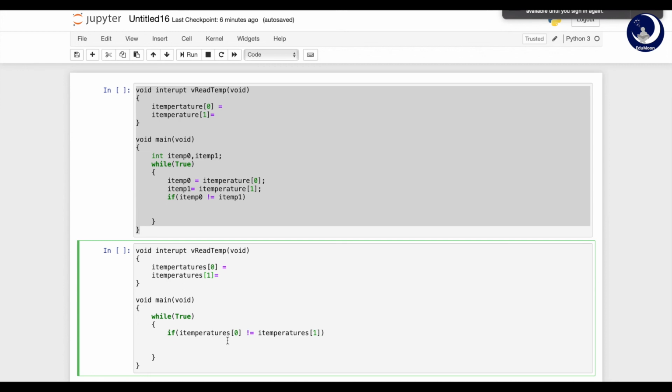The I temperature of 0 loads, that is, the interrupt occurs between the lines of the code, that is, after it loads the value into register R1. This got loaded into register R1, this got loaded into register R2. Okay, both the temperatures are 60 before the interrupt occurred, and after the interrupt occurred they became 61.